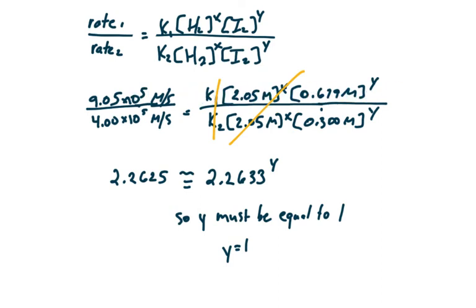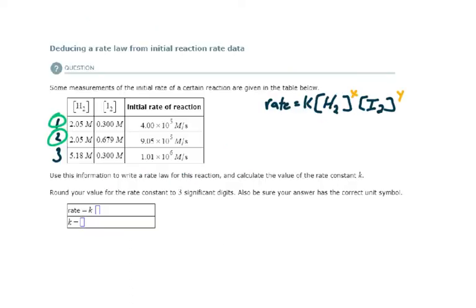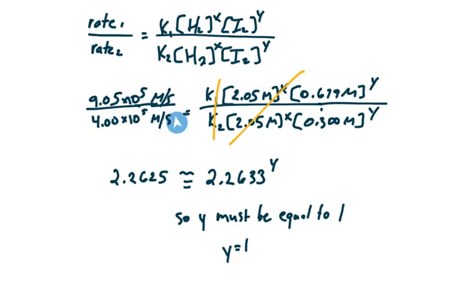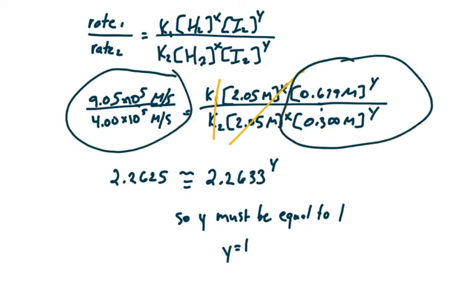We're solving for, in this case, y, because we want to know the order that iodine is in. I plug in the information from trial 1 here, and I cross out my constants. So k is a constant, it cancels out. This didn't change, it remained constant, so it cancels out. So I'm left with this and this. As we simplify it,